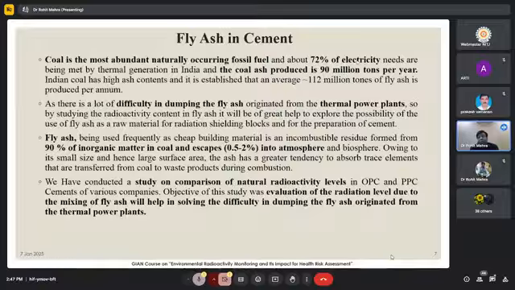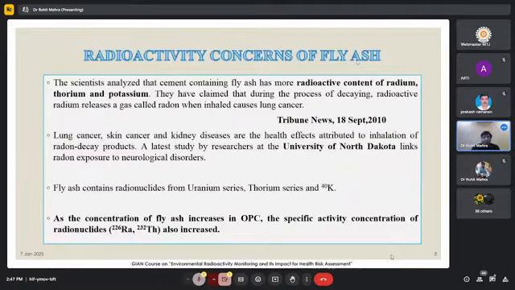From the literature, there are a lot of papers available. So we tried to locate some of the studies which have been conducted in various countries also. And we found that scientists have analyzed that cement containing fly ash has more radium, thorium and potassium activity concentration. So that was a big concern for our group, and we started a pilot project